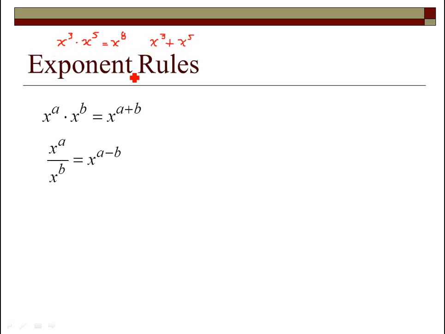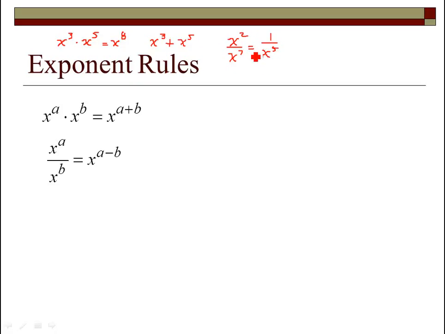When we divide, you can subtract exponents, but it's usually easier to think about simplifying the fraction. So for example, if I did x squared over x to the 7th, I've got 7 x's on the bottom, 2 x's on the top. I'll reduce the top and bottom by 2 x's. Gives me 1 over